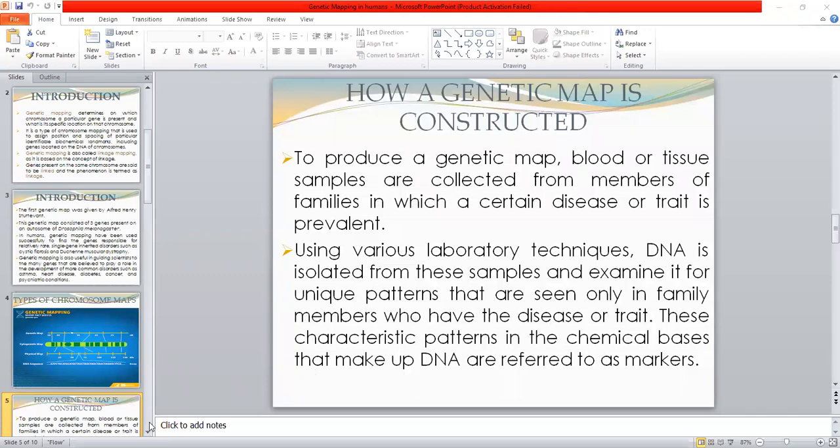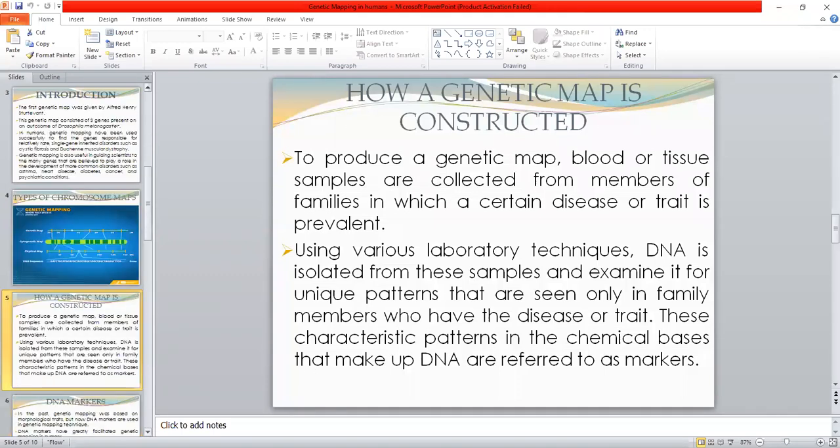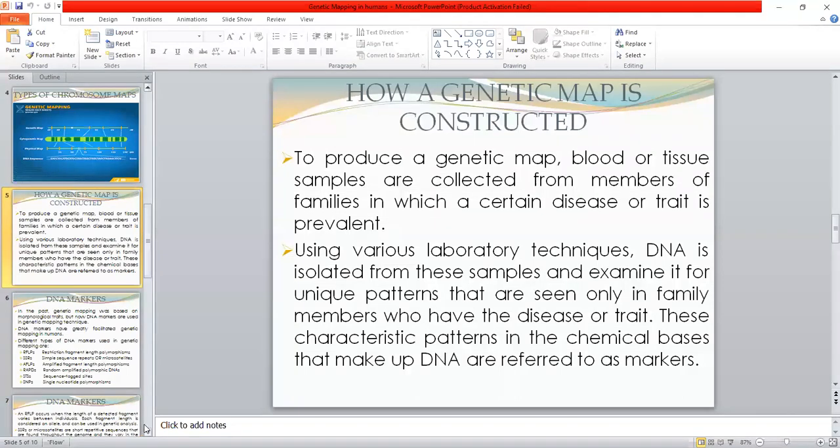The data for the presence or absence of that particular disease or trait is known as the phenotypic data. Different software is used to analyze the phenotypic data and the genotypic data, and by analyzing them, researchers can identify the genes responsible for the disease or a particular trait of interest.